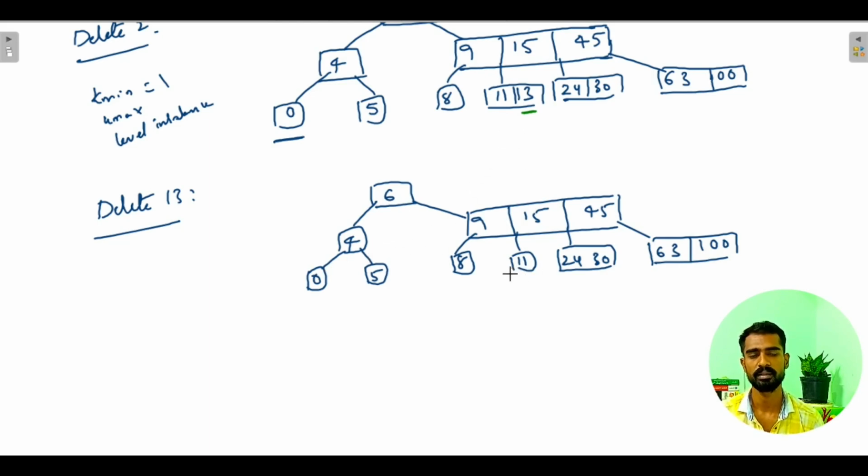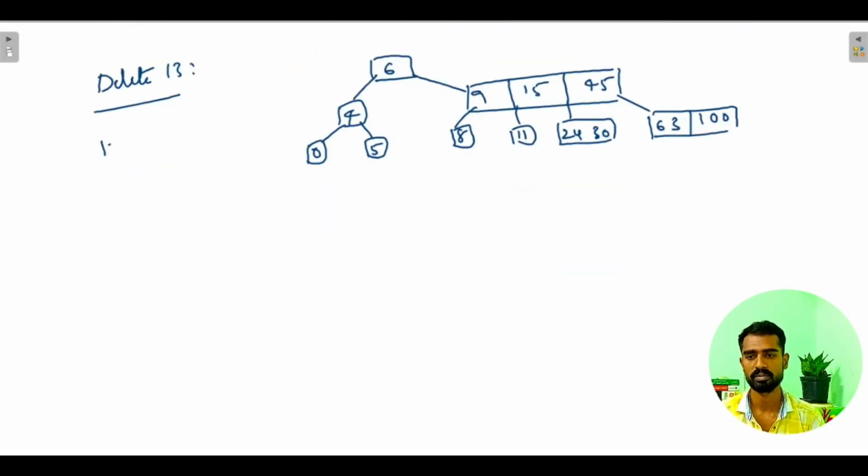So we had extra keys in this node and that is why we have deleted directly, and we don't have to worry about performing any other operations like borrow operation or merge operation. And it is satisfying the property of k minimum also. So then we can go with the next number to be deleted. So the next number that we should delete is